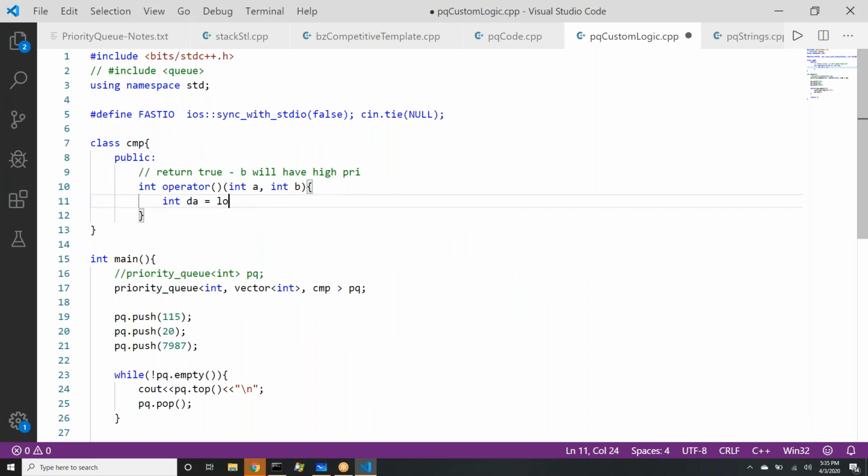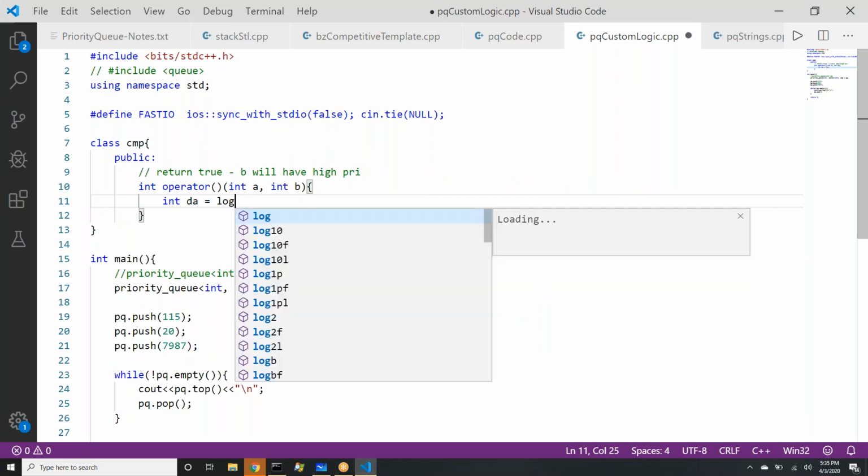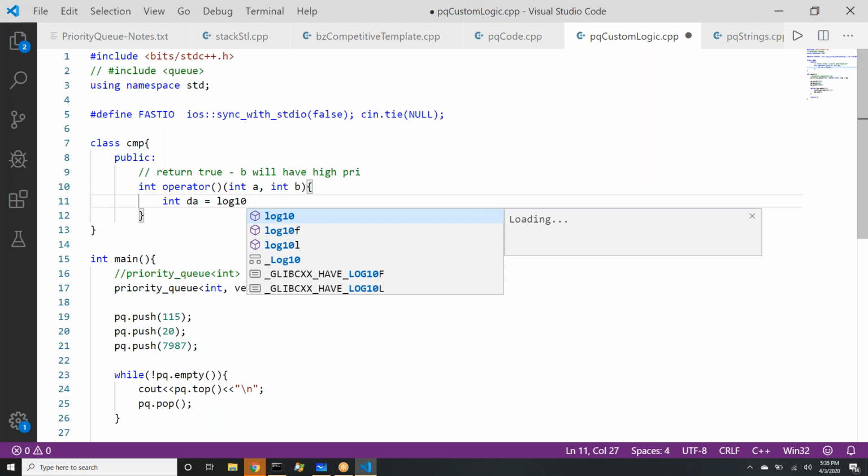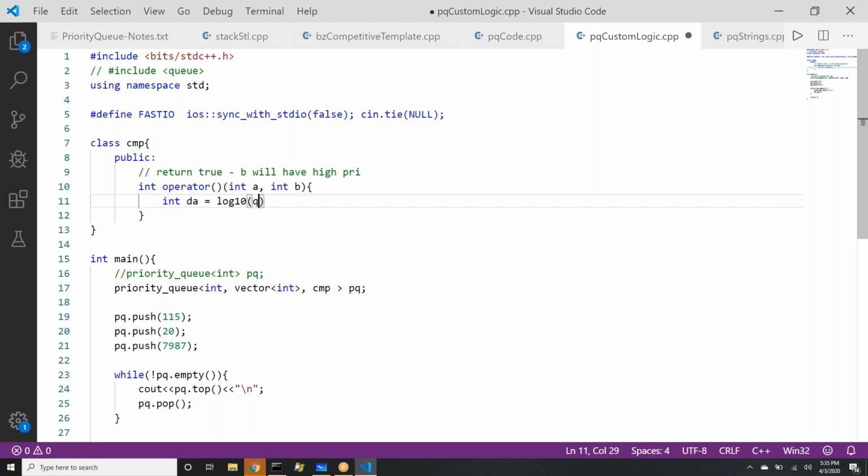So what I will do, I will call log10. Log10 is a built-in function. Log10 of A, that is what I will call, and I do not want the decimal part of it. So can I use the function floor? So floor will get rid of those decimal values, and I add 1 to it. Sorry, one mistake I did.